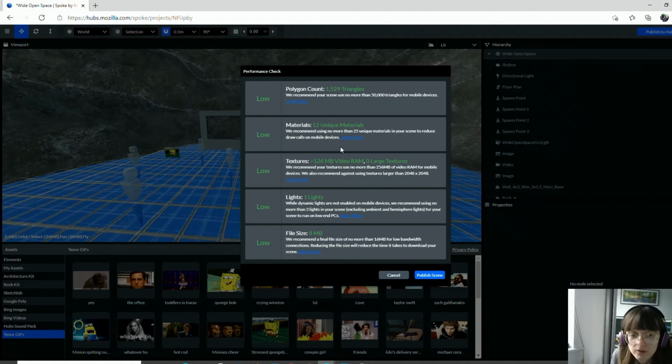Now because this is web browser based and we're running in the web browser, if we've got 4K mega ultra HD content, that kind of thing, it's going to run quite slowly if someone accessing this hasn't got the best connection. So this has a traffic light system. We're all in the green at the moment, we don't have a lot of things in here, so this should run pretty happily on most people's browsers. But if you're in the red, you've probably got a lot of content in here, so think about the speeds. If it's running slow, and this is because this is red, showing you there's a lot in there, you might want to take out some elements or change your file size. So I'm going to go publish scene,